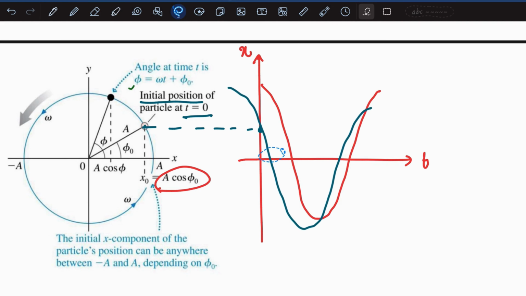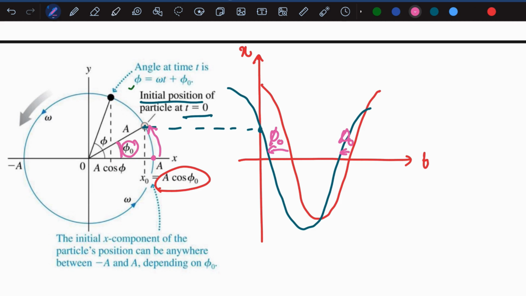It has stopped there. So my graph has been shifted to the left by this angle, which is what is being shown here. From the original point, it has been moved to phi naught, angle phi naught. I know it's not accurate here, but you get the idea, right? It has moved through the angle of phi naught, which is what you can see in the circular motion